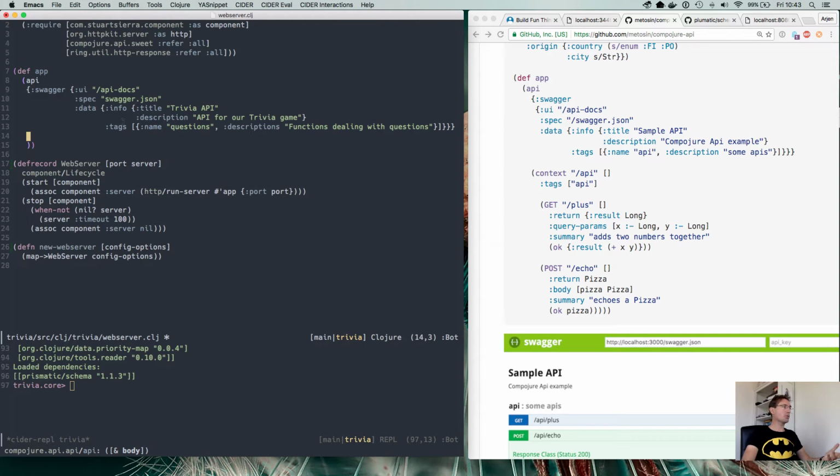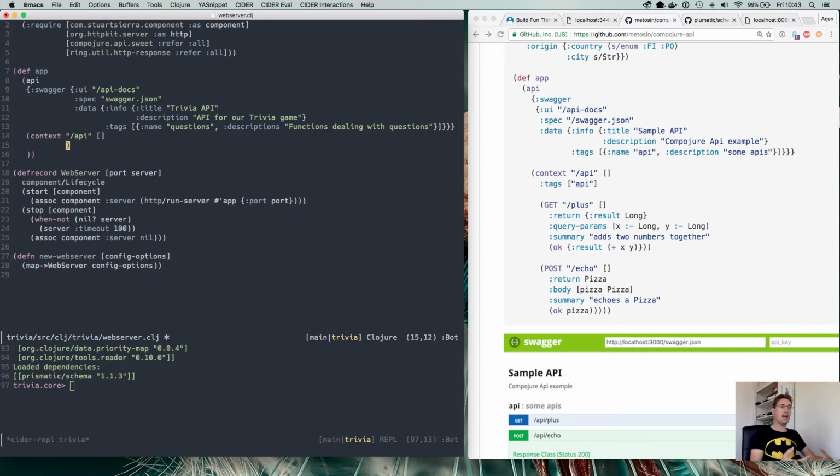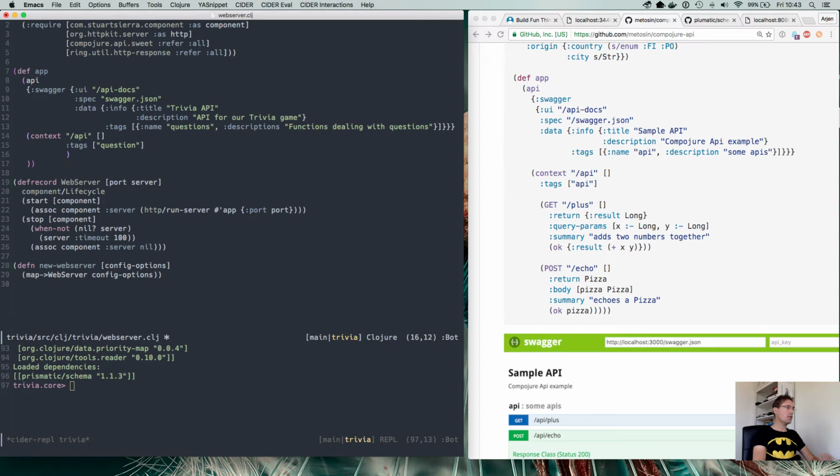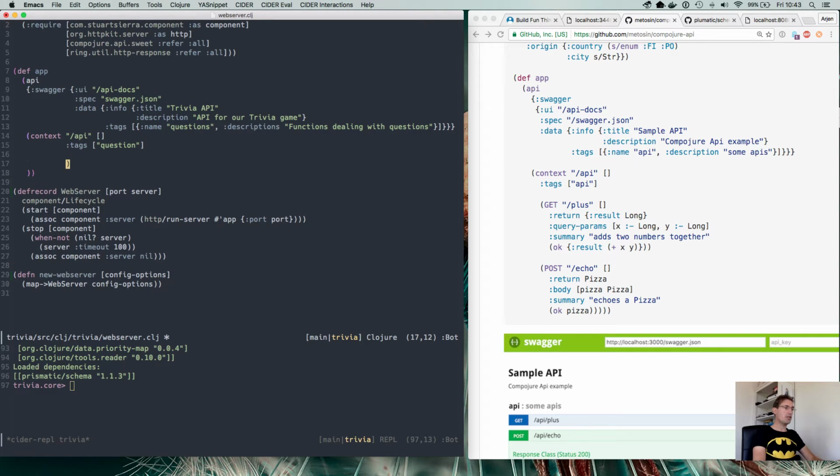So now we need to create an actual API. So we say the context. Let's actually make that /API. You could actually add versioning or overlay functions, so that would be a good thing to do maybe. Versioning in APIs is really hard. So we will have questions, and let's start with a